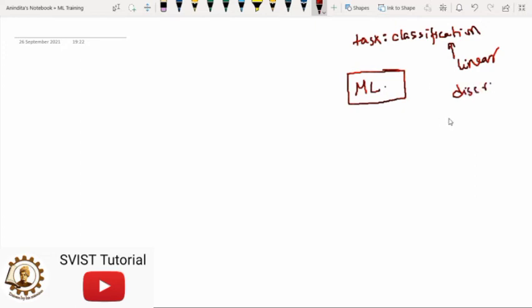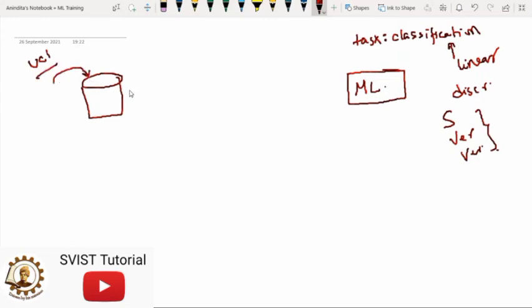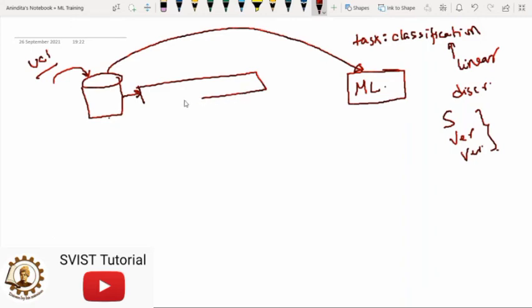We are going to classify Setosa, Versicolor and Virginica, these three kinds of flower. But the problem is we have to extract data from a real repository, that is UCI. After extracting data, we will not be able to feed that data directly into the machine learning model, right? So what we have to do is perform data analysis.